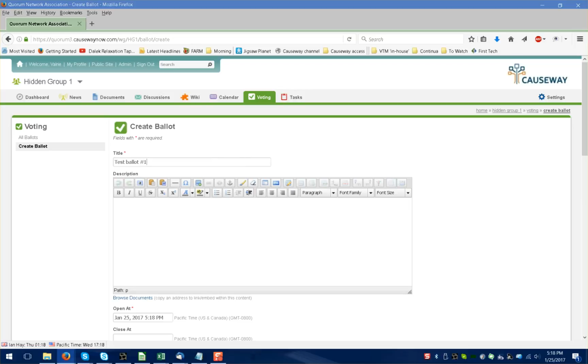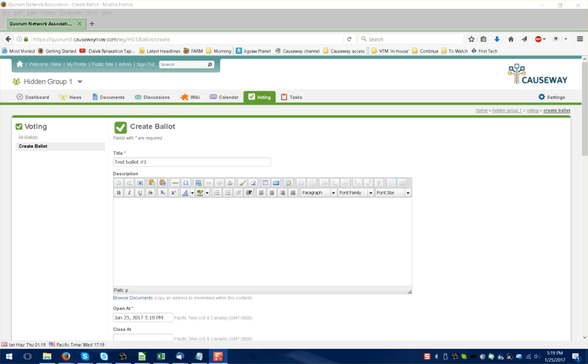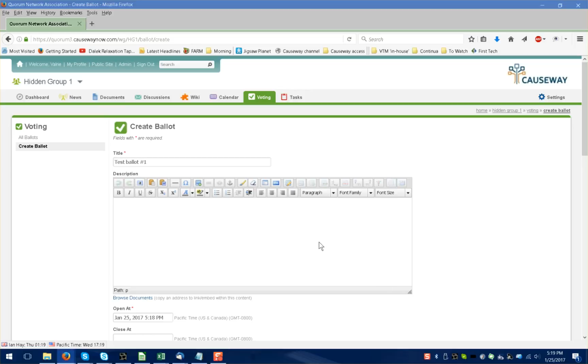Then underneath that is a place for a description. Please note that what goes into the description is not the question that is being asked. There's a place for that later on in the ballot. You're simply going to put background information and maybe give a highlight as to what's going to be discussed in this ballot. In this case, I've created a brief description that says we now have a draft document ready